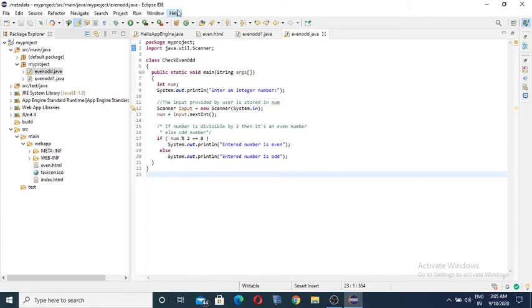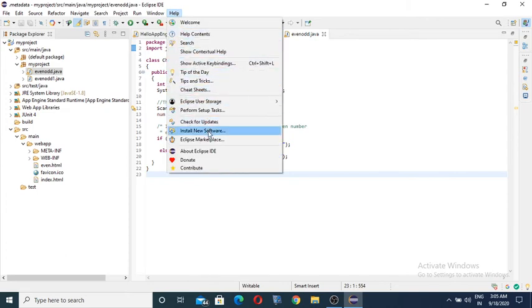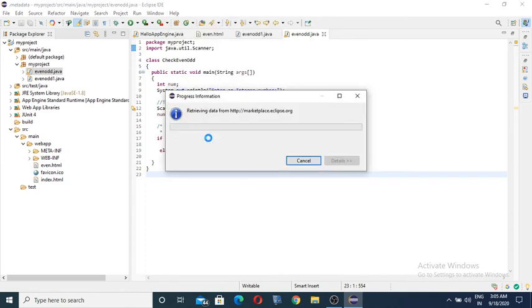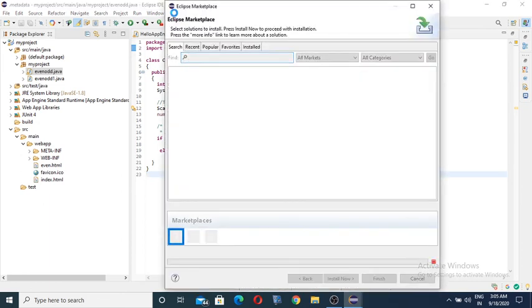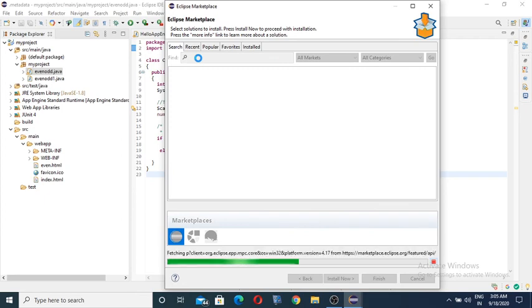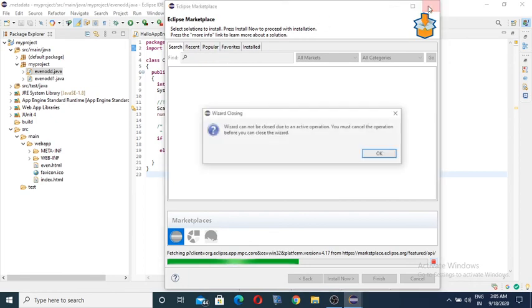Later you can get help. First of all you have to move to Help, at Eclipse Marketplace. You can download it in that Eclipse Marketplace. You can click here Google. Scrolling here, in the search box we click Google. The display board will appear, and you can install Google Cloud SDK, like that it will be asked. Okay, now I can close this.